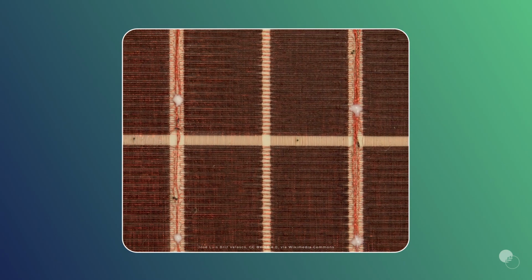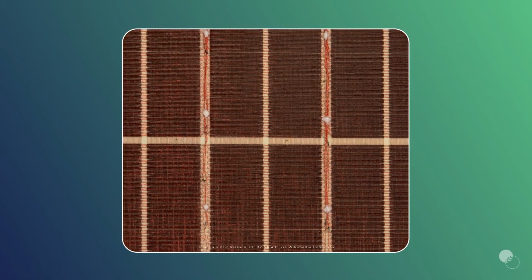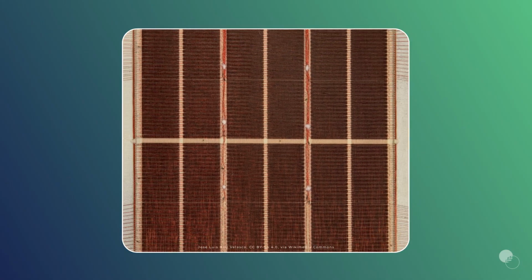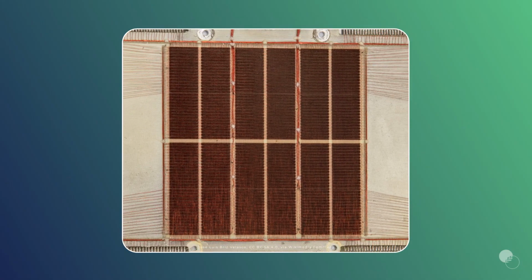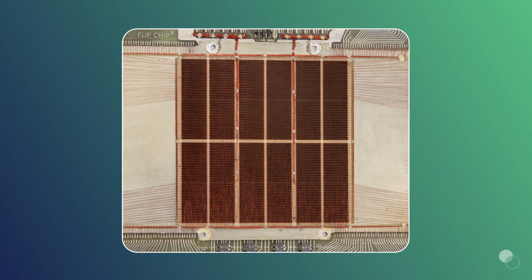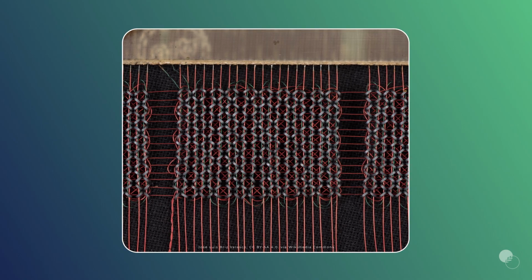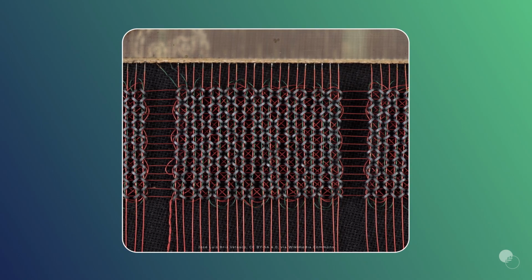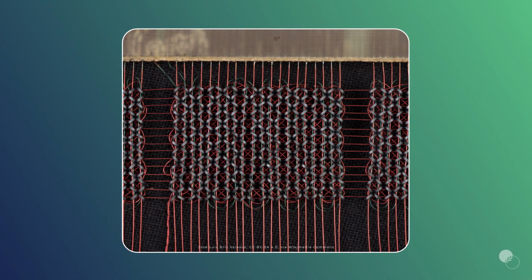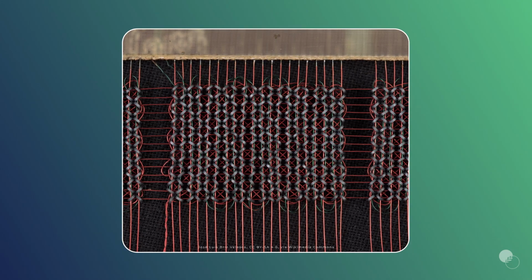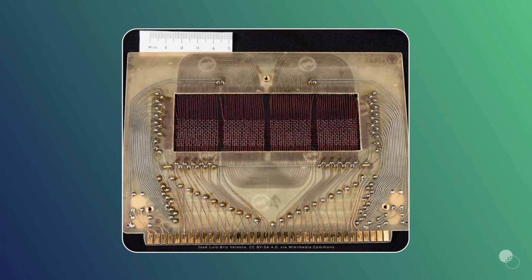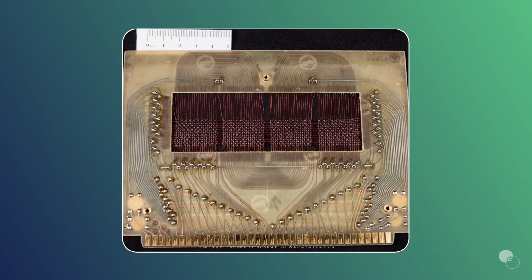But there were big physical limitations, with the amount of data that could be stored limited by the number of tiny magnetic loops that could be assembled into a grid within a reasonable scale. Also, a huge limiting factor was that the manufacture of many of these early memory boards required intricate assembly by hand. Magnetic core memory would remain in use all the way into the 1970s, but by the 1950s